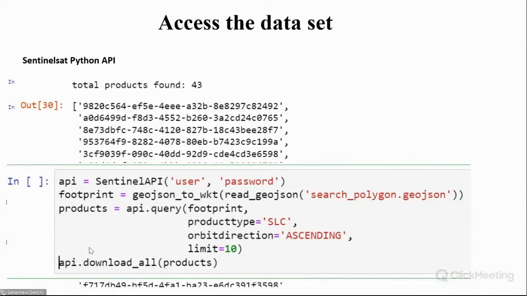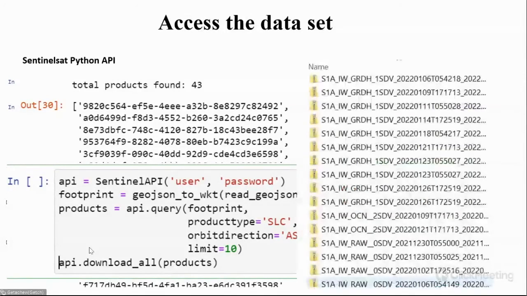And this code snippet can work like magic. Once you say api.download_all, once you are sure you need this data, the data will be on your local disk, but it also depends on the network capacity you have. The other option is as presented by Florian and Martin. Now cloud providers have also come up with their technique where they can directly put the data from the providers, and you can compute directly from the local storage.